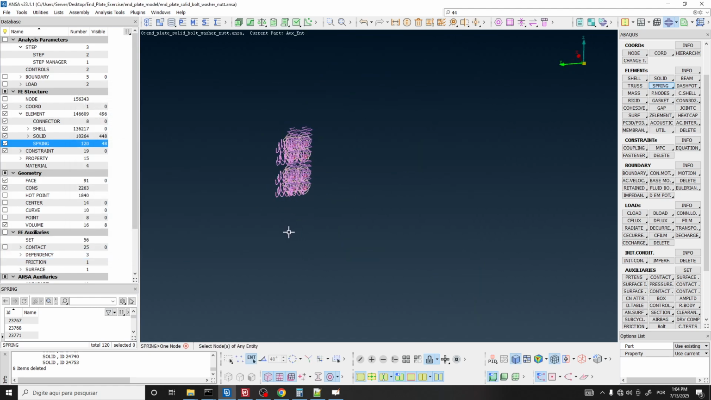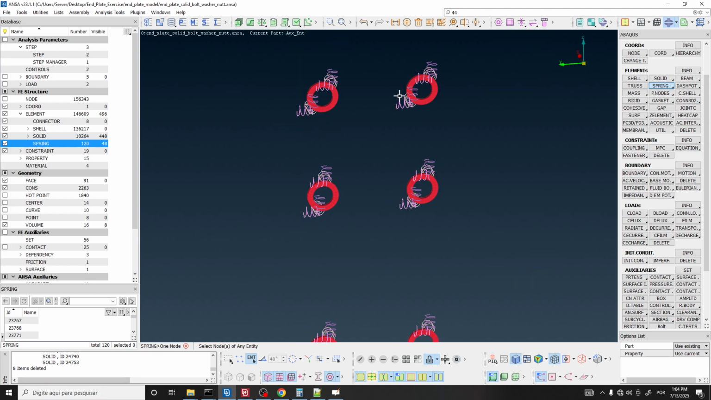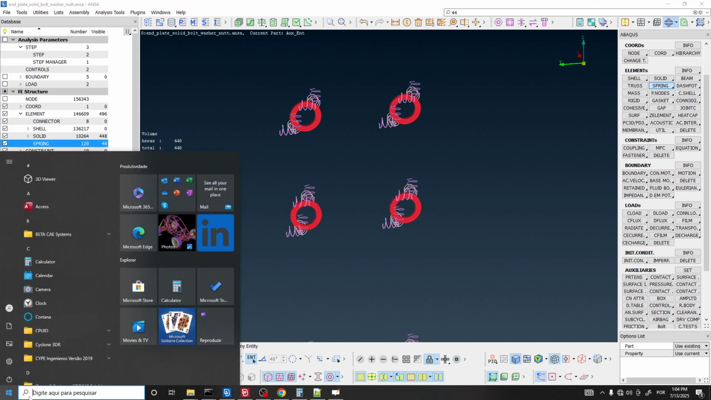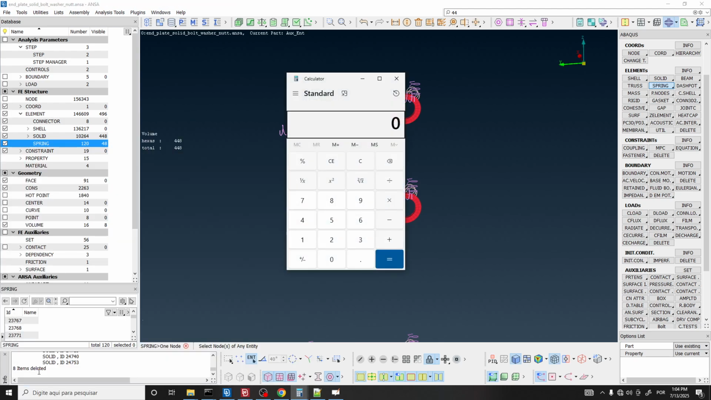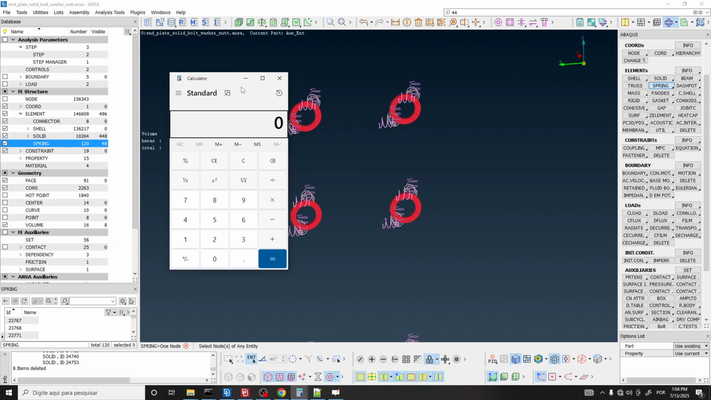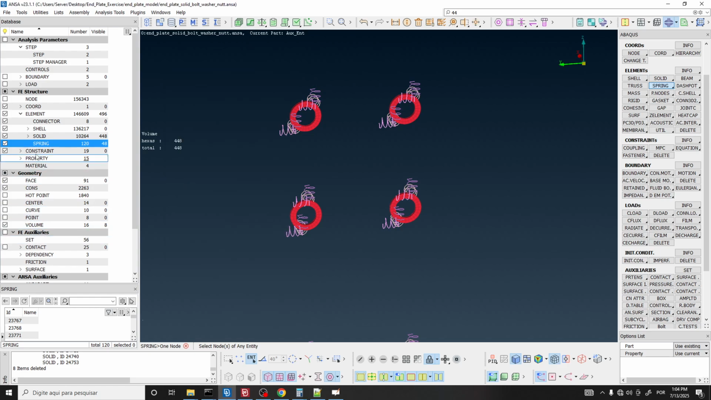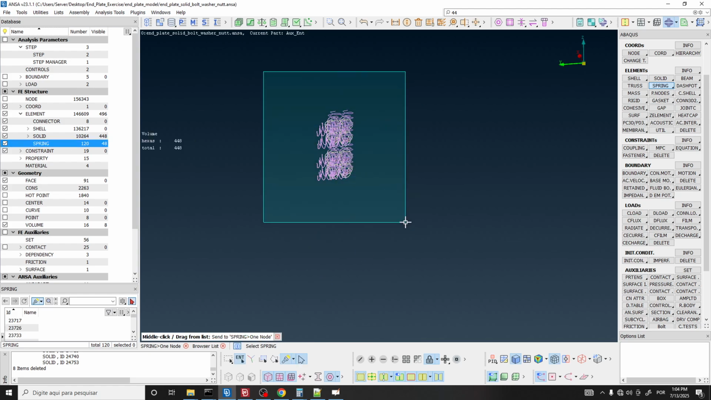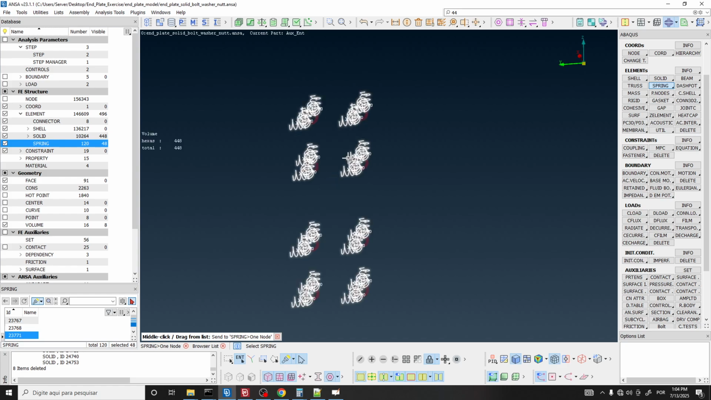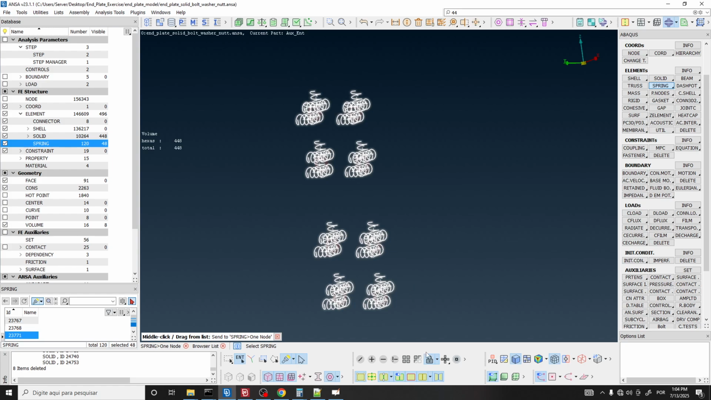So I have finished. Let's check one thing here. I have 6 springs per washer. So let me use the calculator. In total, we have 8 washers, right? So I should have 8 times 6 springs, 48 springs. So if I double click on spring and then create a box selection to select all springs visible, in this list I have 48 springs selected, which means that looks like it's correct. So this is one kind of check that you can always perform. Let's unlock this view, click on show all,